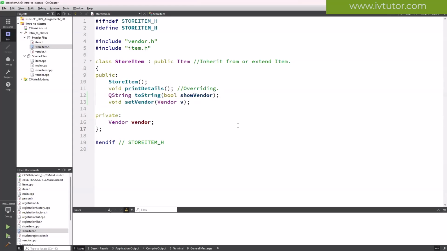So for now, we won't worry about the interpretation or how to read a diagram. We just want to finish off understanding the inheritance that's happening between item and store item, an item having a vendor. And now we are going to introduce the concept of polymorphism. And then from there, we are going to introduce a class called item list, which is a list of items. And we are going to add 2, 3, 4 items to our list and maybe show all of them or calculate the total price for all those items, all those little things,